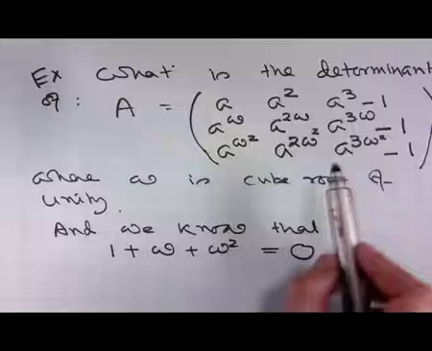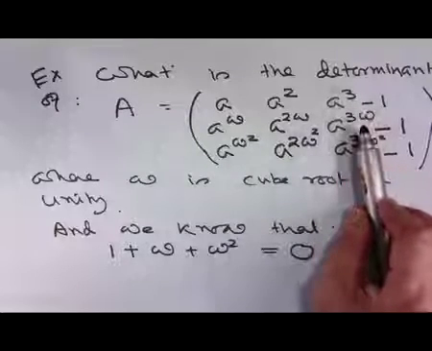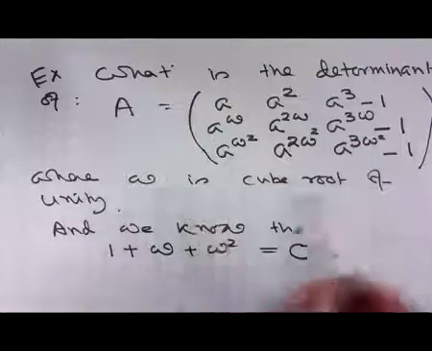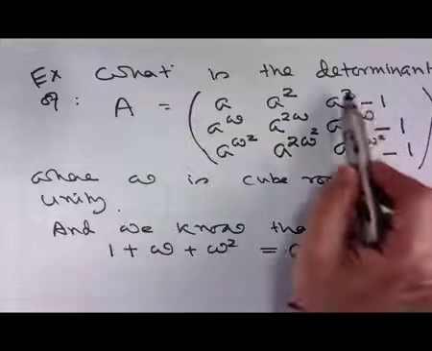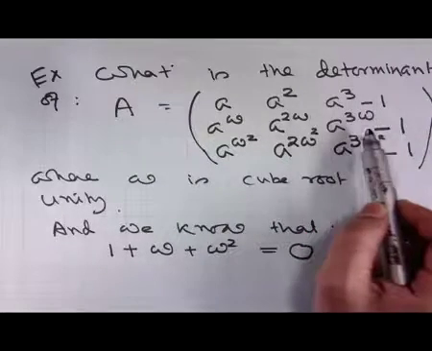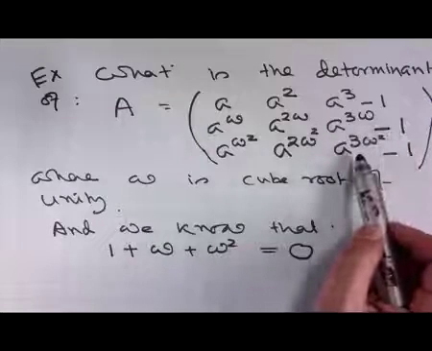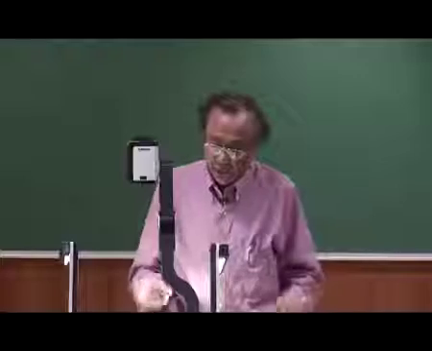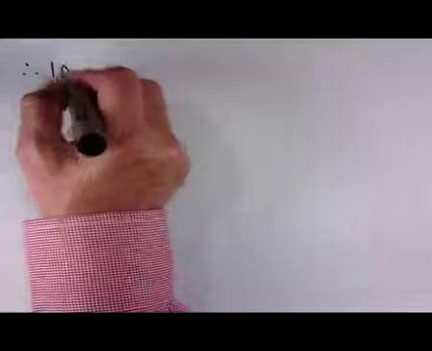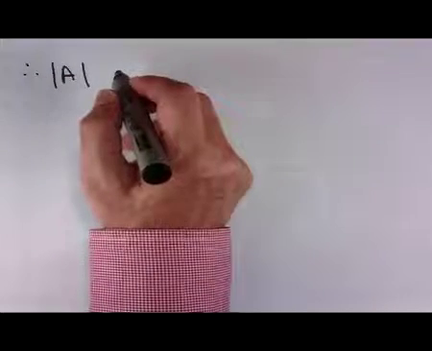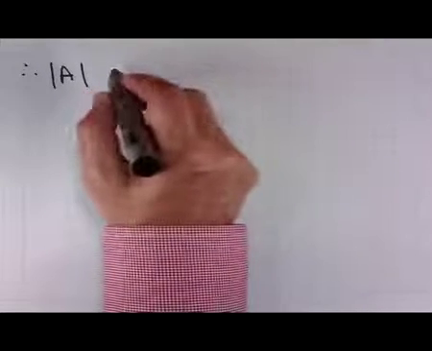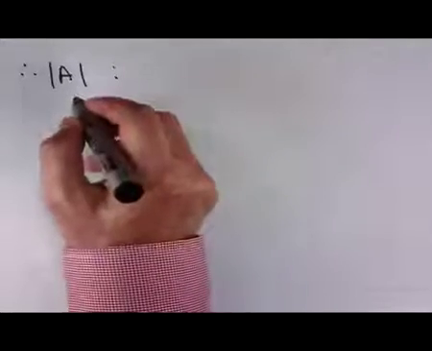If we look at the matrix, we see that all the elements in the third column are actually a summation of two quantities: A cube and minus 1, A to the power 3 omega and minus 1, and A to the power 3 omega square and minus 1. We know that in such situations we can write the determinant as a sum of two determinants, and we do exactly that. Therefore, the determinant of A is equal to